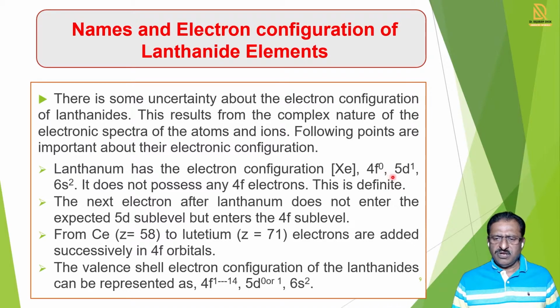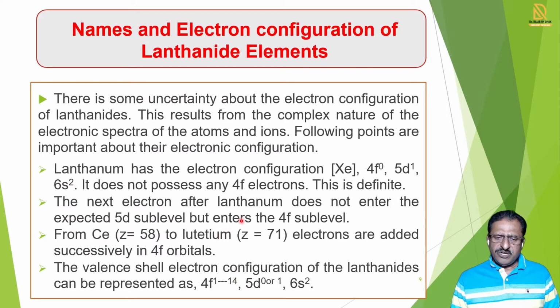So if the f orbital does not possess any 4f electron, then we cannot say this is an f block element. So the first member, lanthanum, is actually not a member of the lanthanide series. This series starts from lanthanum, but lanthanum does not contain any electron in the f orbital, and according to our basic definition, when the valence electron is filled in the f orbital, then that is called an f block element. So you see in this 4f0 there is no electron, and so lanthanum is not actually a member of this series.